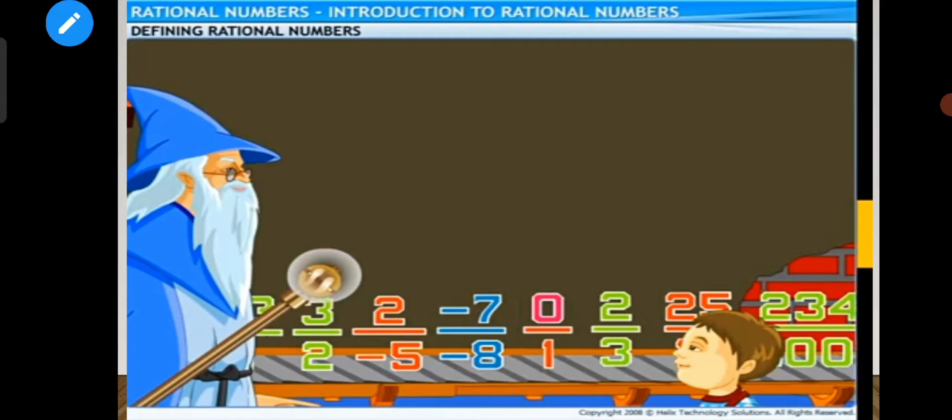Therefore 0 is also a rational number. Now if we take the decimal 2.5, it is a terminating decimal. Remove the decimal, so it will become 25 upon 10, and this is also a rational number. Terminating means the decimals we get when a number divides completely, and terminating decimals are always rational numbers. Or if you have divided two numbers and the decimal which you are getting is recurring, meaning a particular digit after the decimal place is repeated several times, then it is also a rational number.